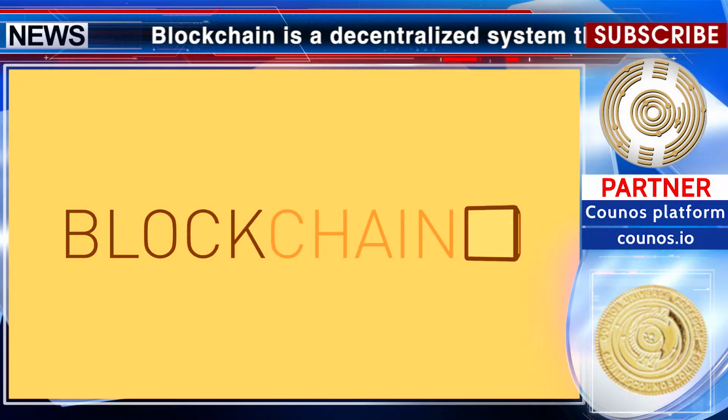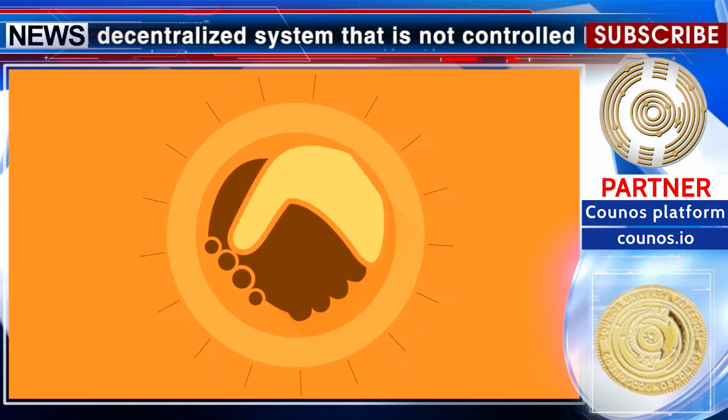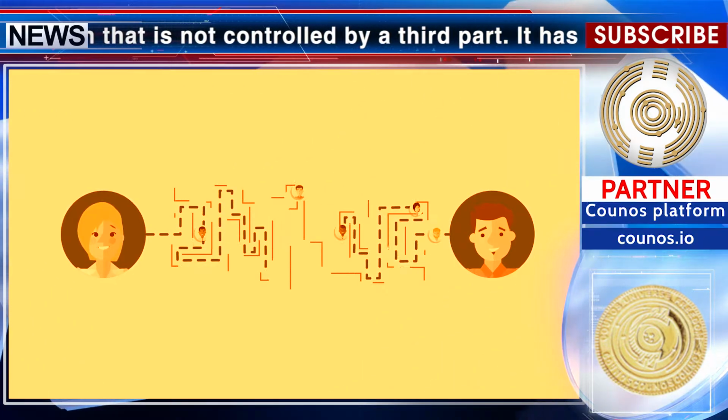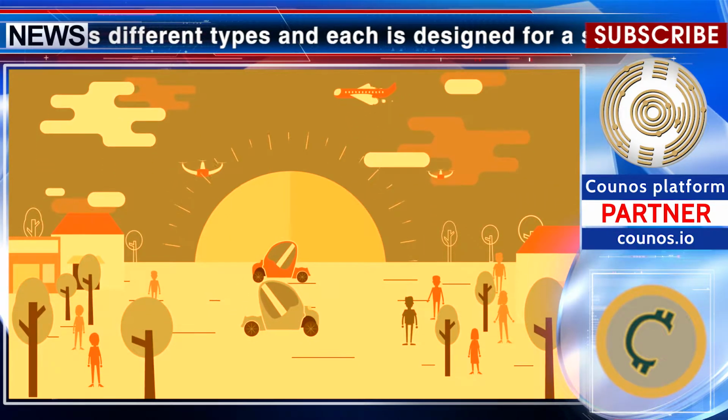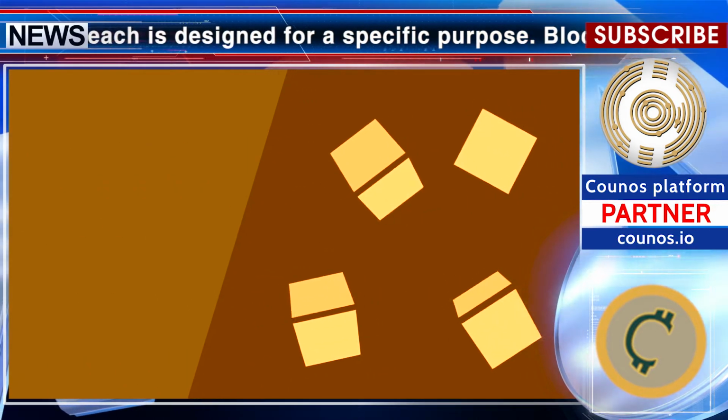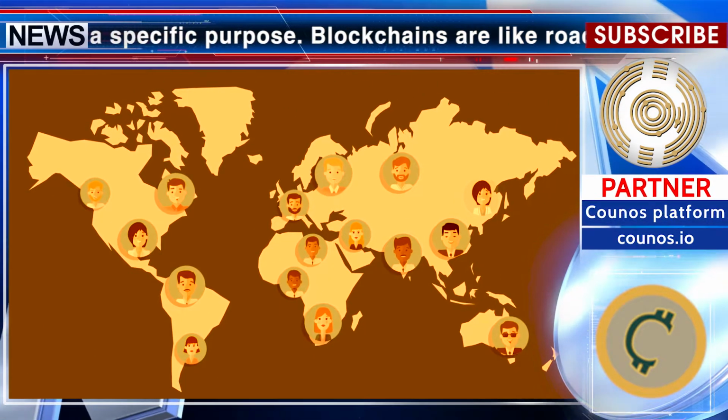Blockchain is a decentralized system that is not controlled by a third party. It has different types and each is designed for a specific purpose. Blockchains are like roads. Just as roads have different types, blockchains have different types as well and are not limited